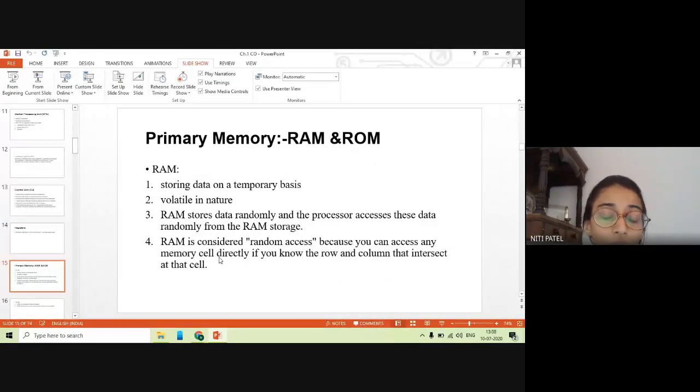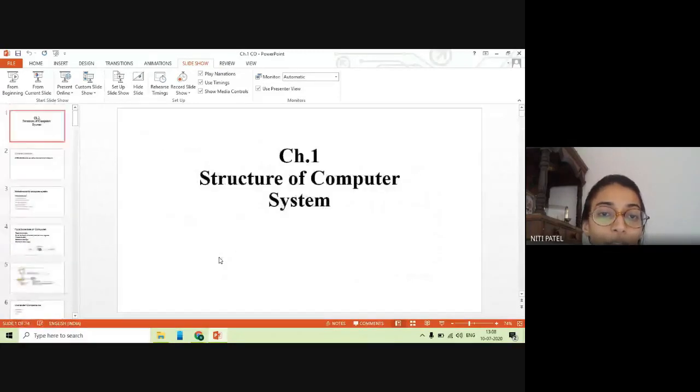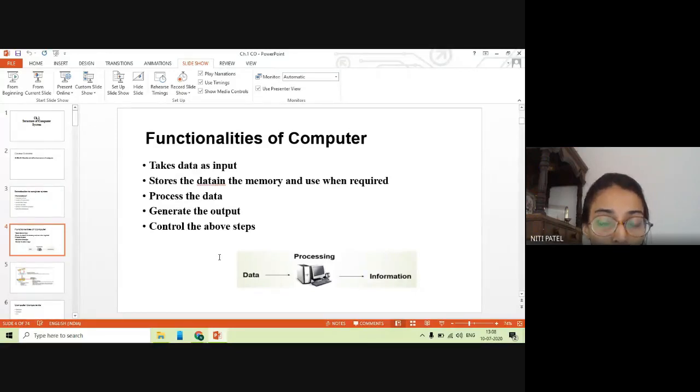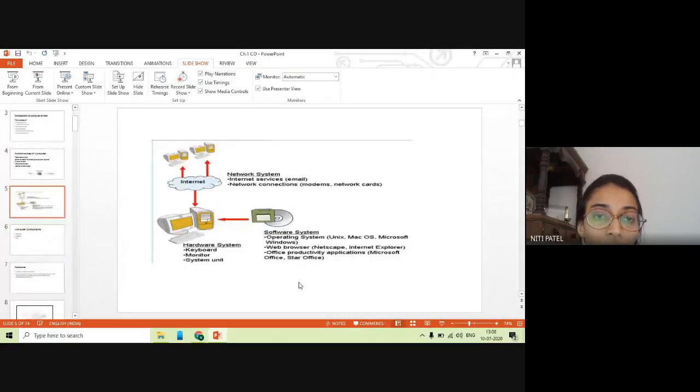next lecture. So what we have done, we'll just have a quick revision. We have defined what is computer. We know what are the functions of computer. Input is called as data, output is called as information. Whatever is happening between them is considered to be as processing work. Then we have seen what are the components of computer. We have hardware, we have software, which is compulsory. If I want extra sharing to be done, I have to install a network system with some network devices.